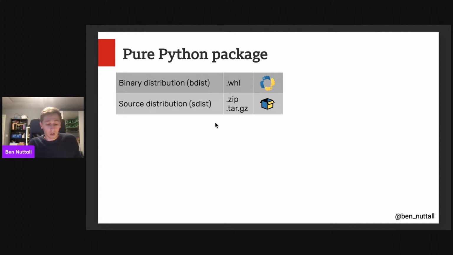So get straight into this. I'm talking about pip and distribution of Python packages. Package maintainers upload releases to PyPI, the Python package index. For packages implemented purely in Python, they should upload a wheel and a source distribution. The wheel is the binary distribution, precompiled; in the case of pure Python, not compiled, but just zipped together